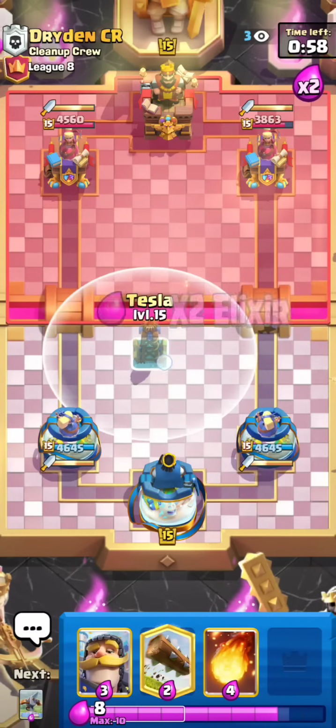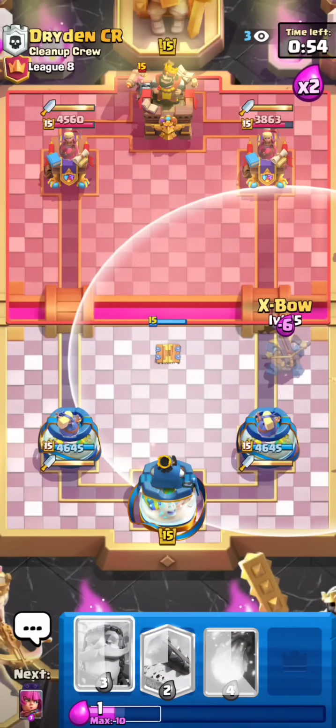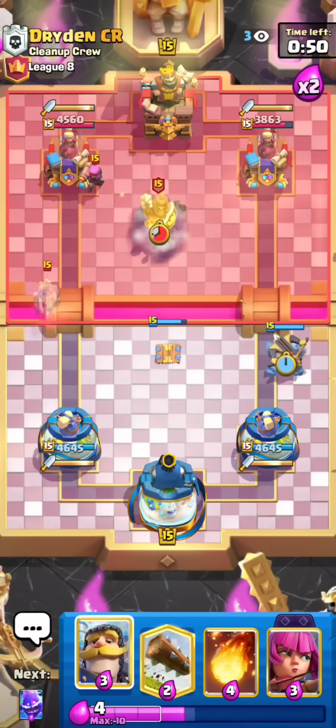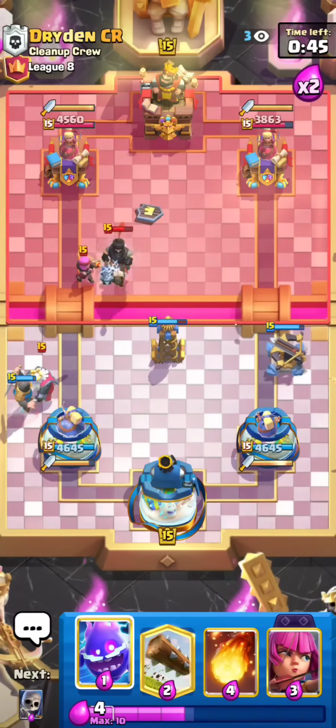I don't know. I feel like he might not have a Mega Knight here, so I'll just Tesla in the middle. Then I can set up for an Xbow right away. Also getting back to my Evo Tesla, pretty convenient. Goes for the Ghost. That's going to be on tower. Okay, it's not, but I'll Knight like this over in the corner. And then if he goes...